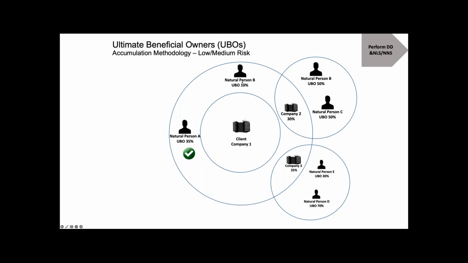Now, because he owns $10, remember we said only an individual who owns $25 will be regarded as a UBO. He already has $10, not $25, so he is not a UBO yet. Now when we drill further, we realize that natural person B also exists within the structure. He owns 50% of the $30, because this person owns 30% of the $100, which means he owns $30. If you have $30 and I own 50% of the $30, how much will you give me? 50% of $30 is